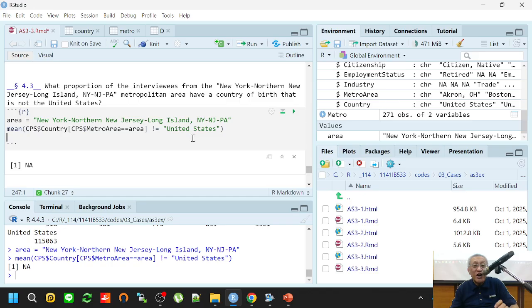If I check whether they are the United States, as long as there is any NA in this vector, in this expression, the answer will always be NA. So if you want to see the proportion, you need to add na.rm equal to TRUE to get rid of NA before doing the